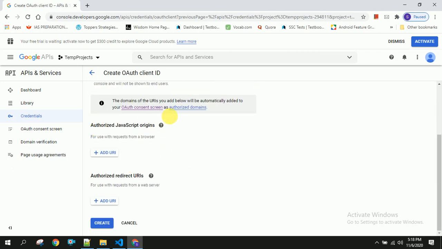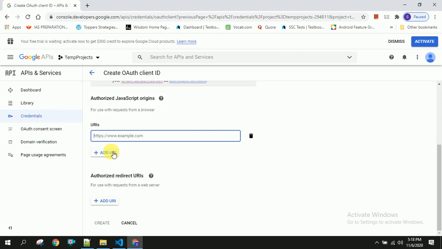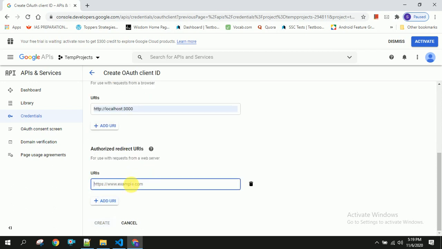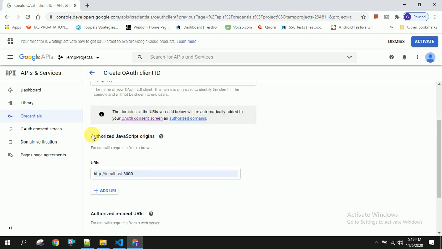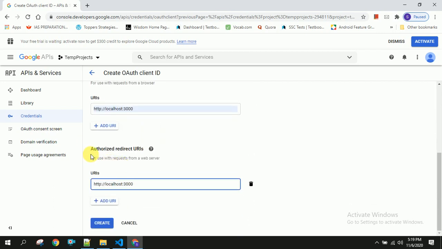and here, this is the main section. Here you have to write your JavaScript origins, so your website name or anything. I am using my local machine so I am specifying this one. You have to mention both authorized JavaScript origins as well as authorized redirect URLs.